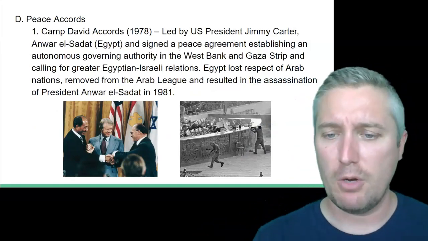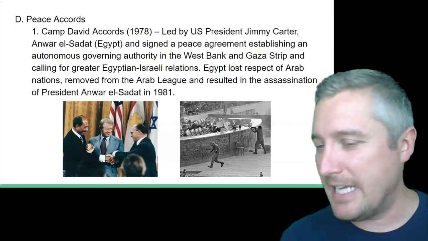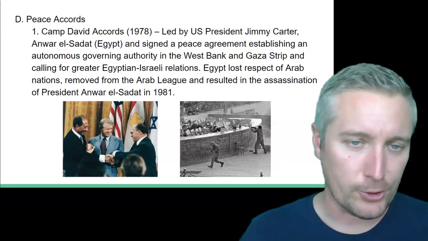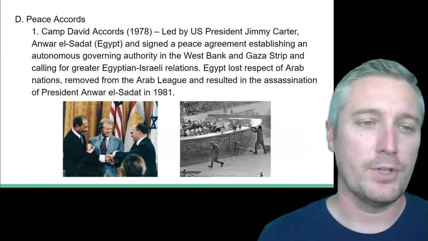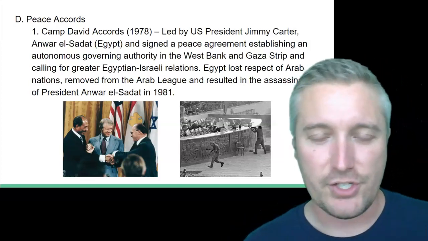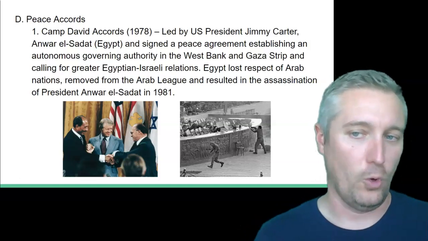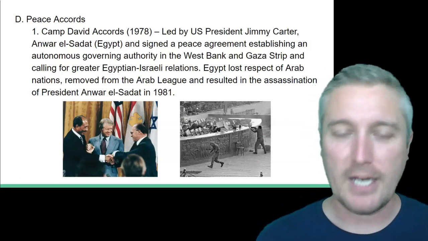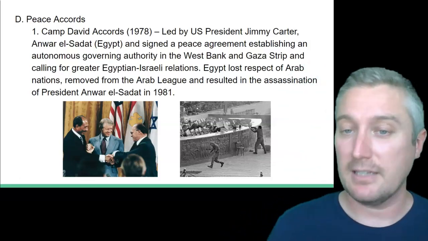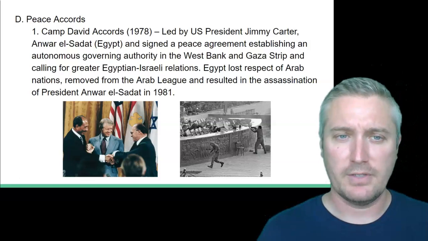Now, there have been major moments where peace was close to being had. They never last. In 1978, this was the closest we got early on. President Jimmy Carter held a peace summit for the nations of Israel and Egypt. At this point, no Arab nation had even recognized Israel as being a nation. Well, that's partly what Egypt agreed to in the Camp David Accords. They simply recognized Israel as a nation that has a right to exist. In return, Israel gave back a lot of land that they had taken from Egypt,